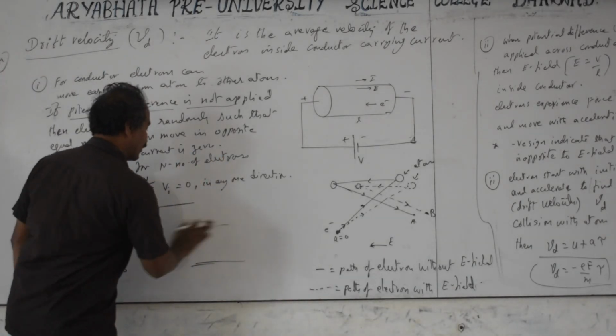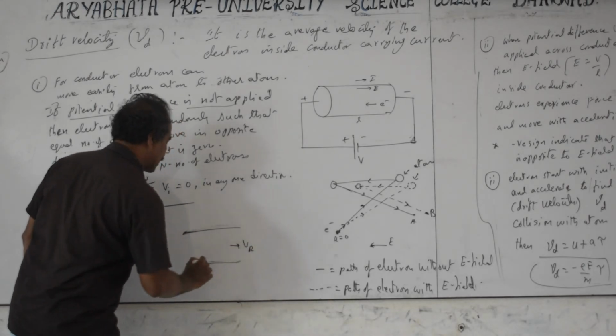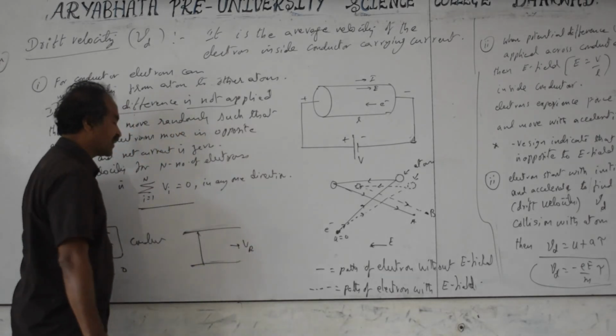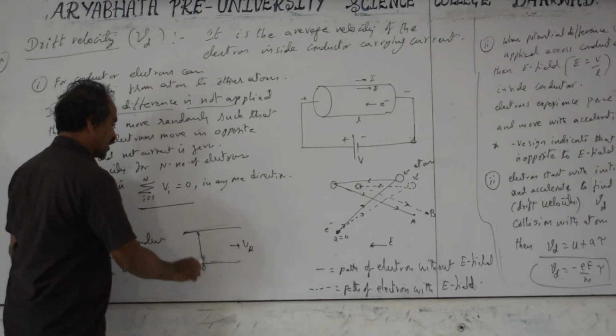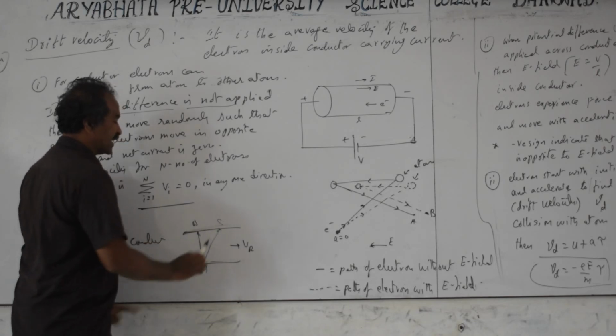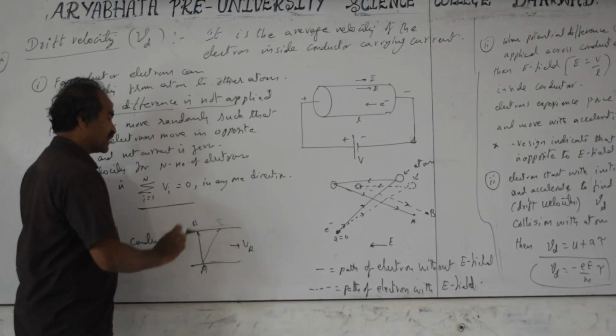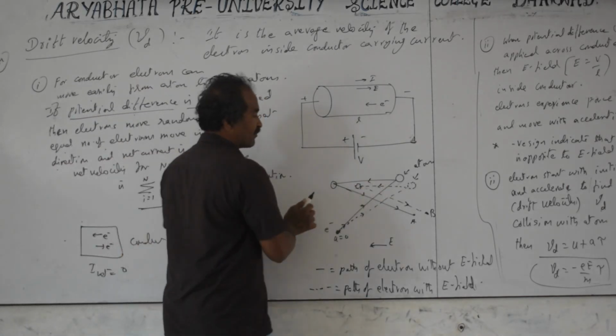So when a person is trying to swim across the river, the river flow is in this direction, but you want to swim perpendicular to the river flow. If you want to travel from A to B, you cannot travel from A to B. As he is swimming in this direction, he will be pushed in this direction and is drifted. We call it he drifted in the direction of river flow to the point C. That is drifting.